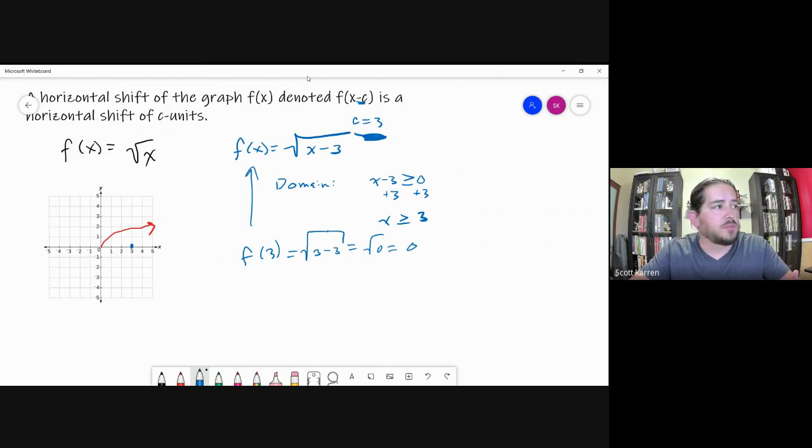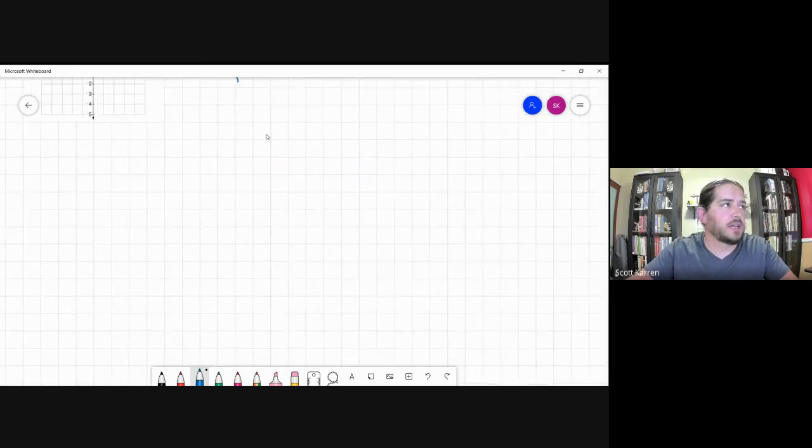And so you can bit by bit plug in numbers, but you can see all of these numbers are just going to be shifted to the right by 3. And so my graph then gets shifted to the right by 3. And that's a horizontal shift, right? We can see that in play with a couple of different ones. Let's look at,